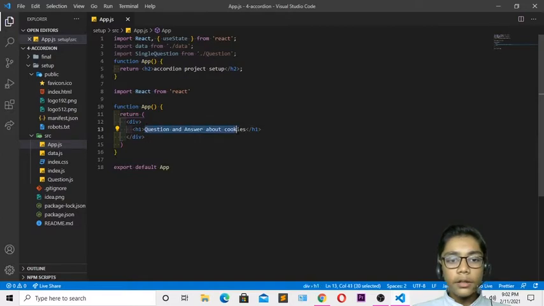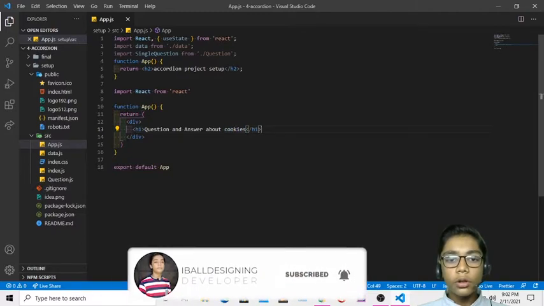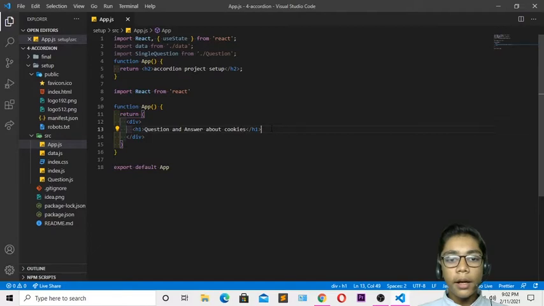This cookies means if you are logging in or signing up, when you have filled the sign up or login form, you get a checkbox which tells you that you have confirmed or accepted that, and we call that cookies. Because of that these cookies are coming, and it is also a question for many people, what is this. So because of that I've written question and answer about cookies here.